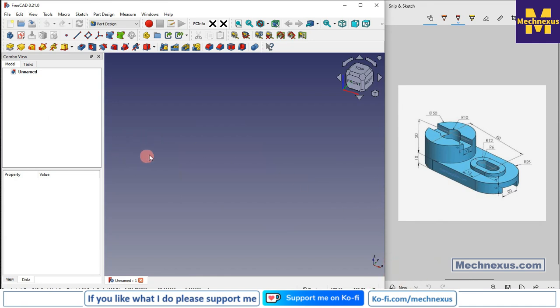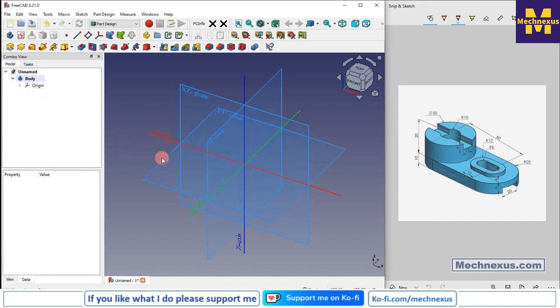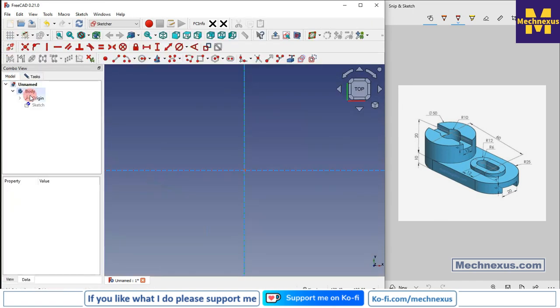So here I have created a new file, and the first thing I will do is insert a body, and we will select the top plane to create our base feature. So select the top plane and click on the sketch, and now go to the model tab and hide, and now here we will create a slot. So we will go here, slot tools,